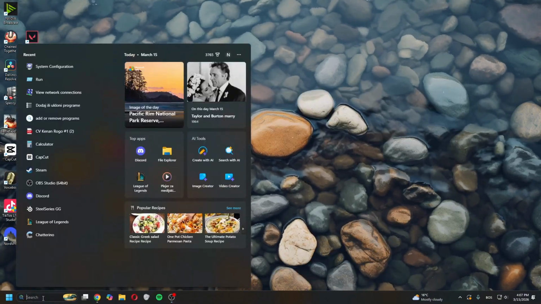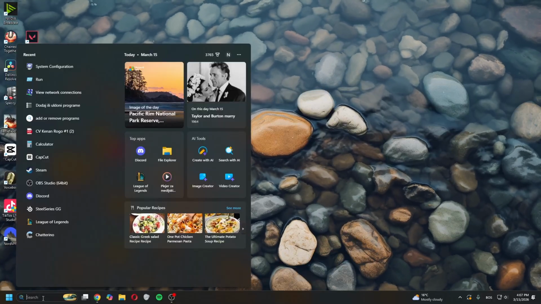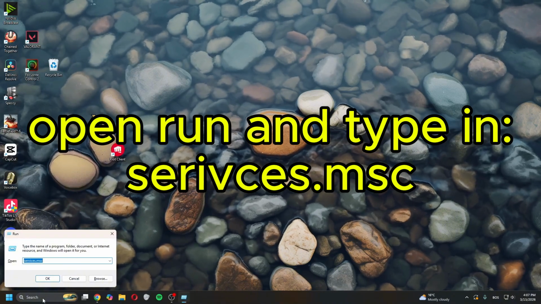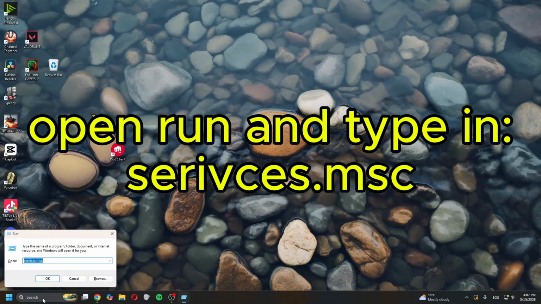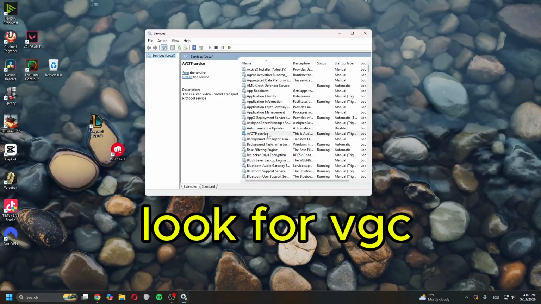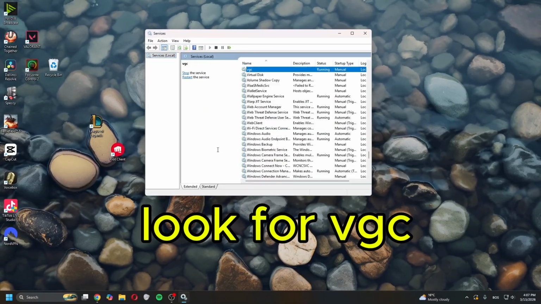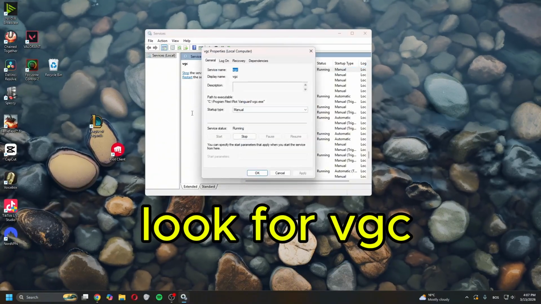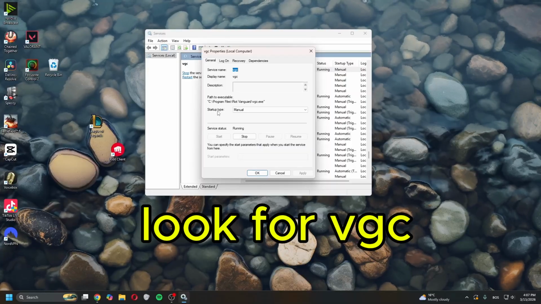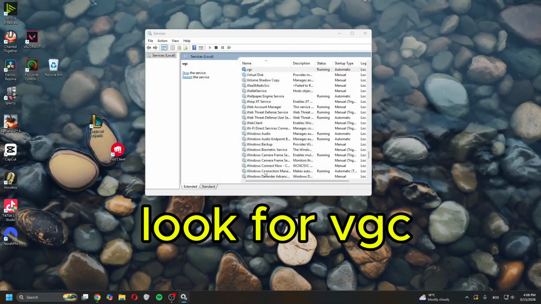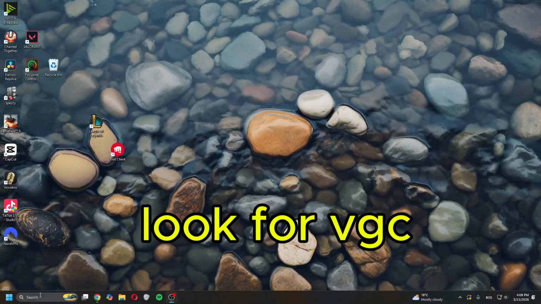Go back to search, type in run, press enter, type in this in run, services.msc, press OK. It will open this window. You want to click somewhere here, press V on your keyboard till you find VGC. You want to open it, double click on it, and as you can see, it says here startup type manual. You want to switch it to automatic, click apply, click OK, exit out of this, and the last thing you